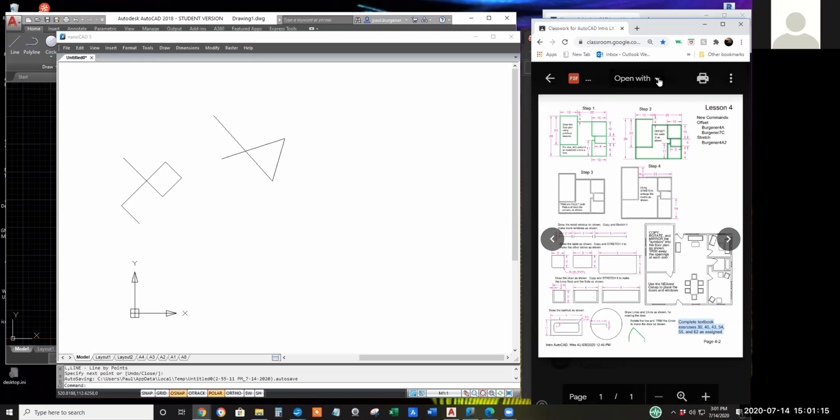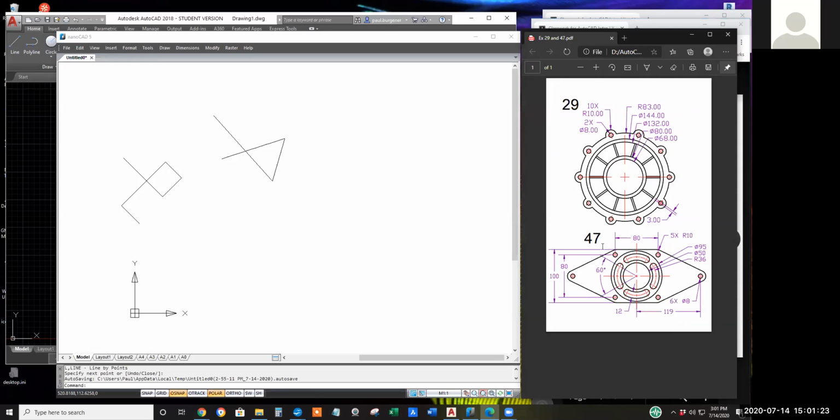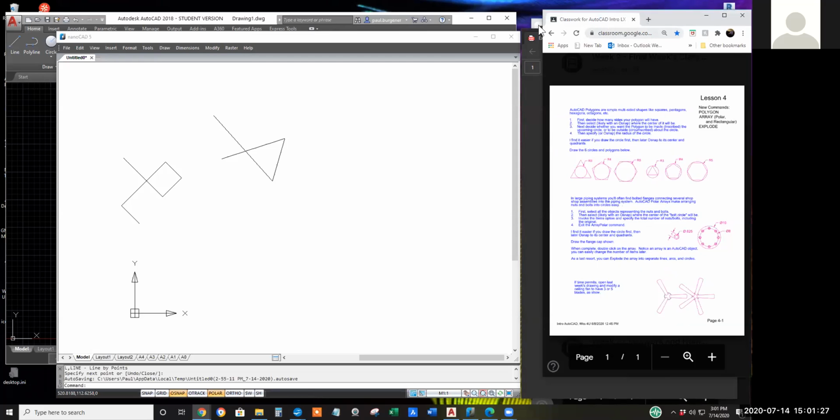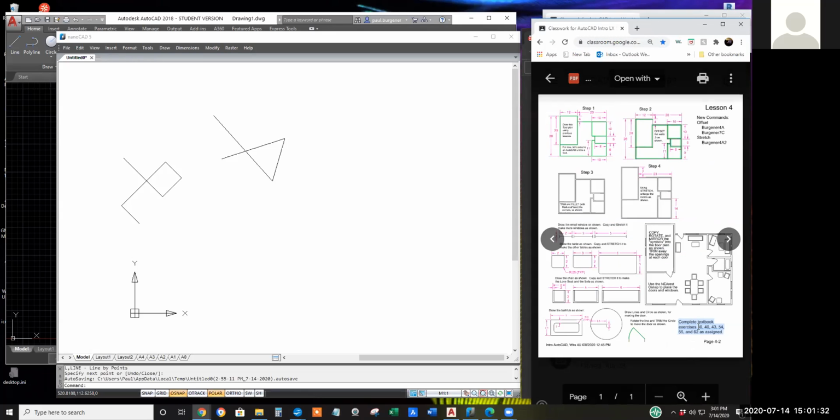And of those, I recommend, all right, Burgener, 29 and 47. Double check. Interesting. Neither one of them is on this list.